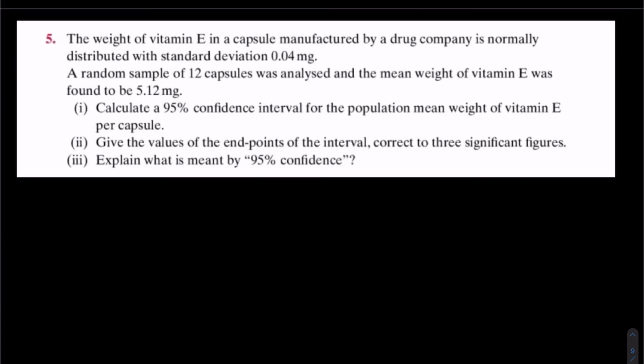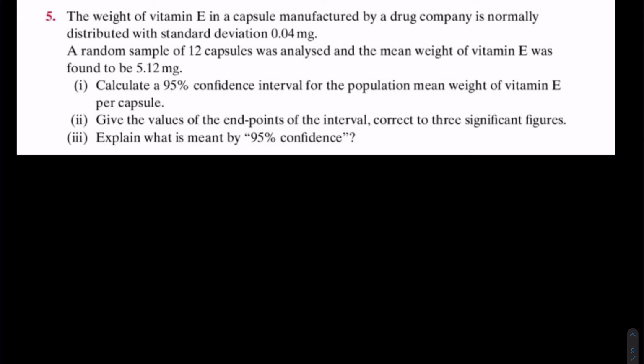So then question 5. The weight of vitamin E in the capsule manufactured by the drug company is normally distributed with a standard deviation of 0.04. A random sample of 12 capsules was analyzed and the mean weight of vitamin E was found to be 5.12 milligrams. Find the 95% confidence interval. Give the values of the endpoints of the interval correct to 3 significant figures and explain what is meant by 95%